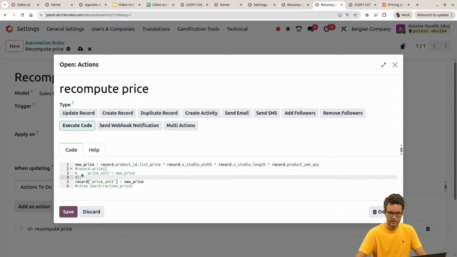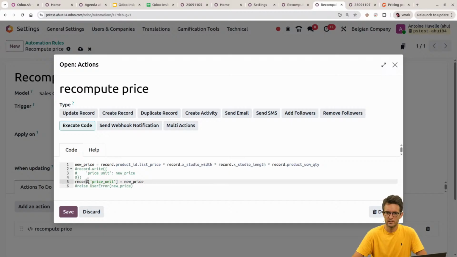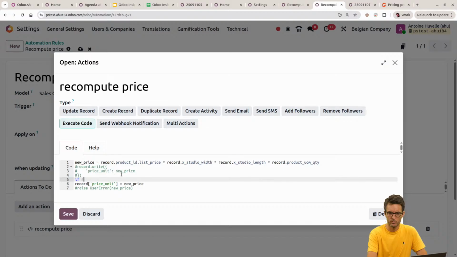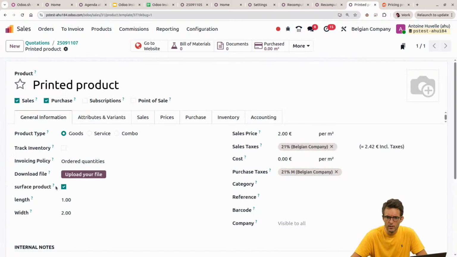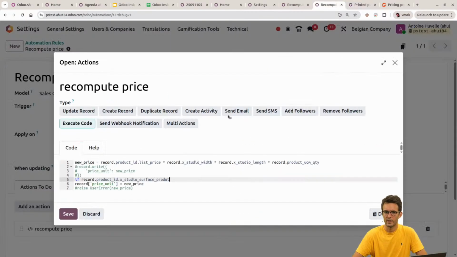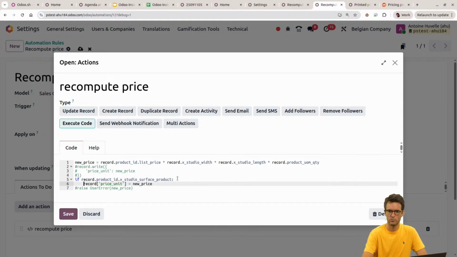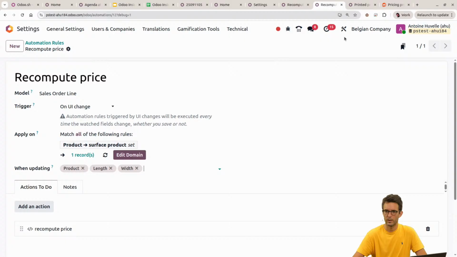So that would work. And this, I would say maybe it only needs to happen if record.product_id.xstudio surface product. That's it. Xstudio Surface Product, yeah. If this is true, then change the computation price, otherwise don't change it. So that would mean,